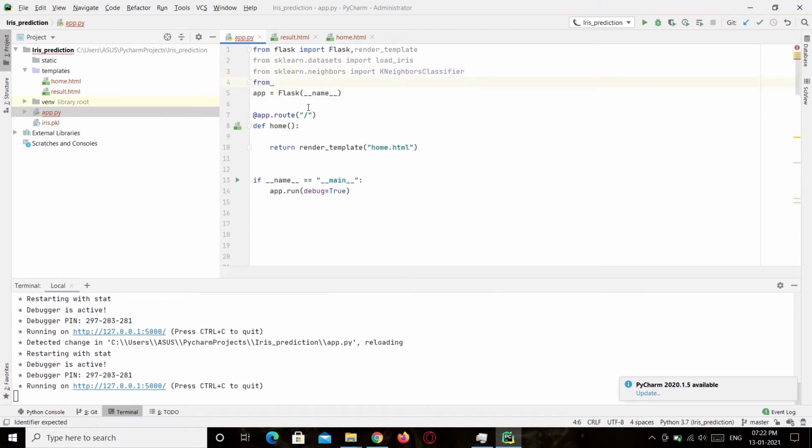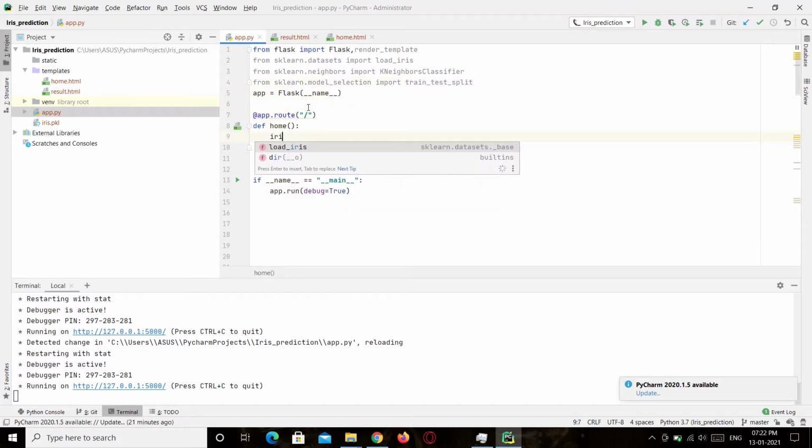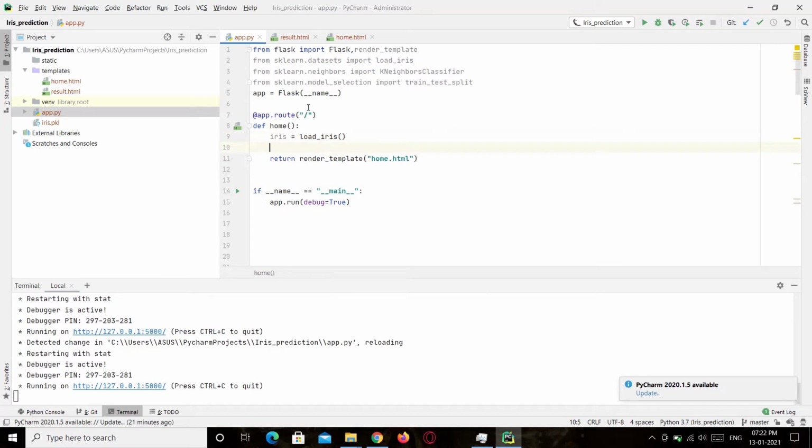We have to split the training data and testing data, so we'll also import that. Now we'll load the dataset. We'll also initialize the model and set the number of neighbors as 3. This number has to be an odd number.